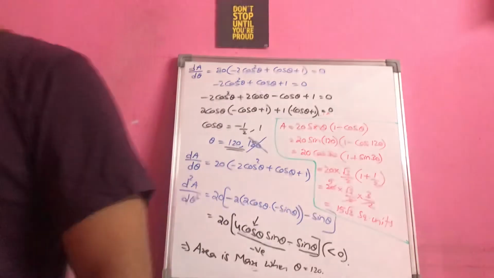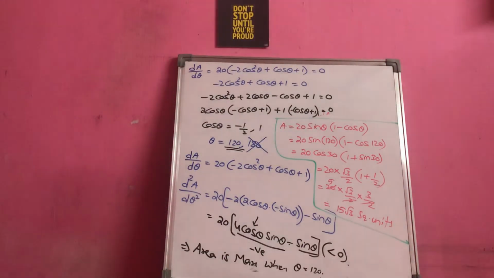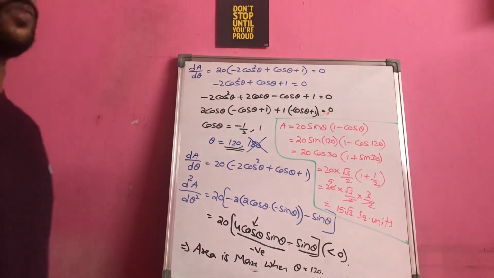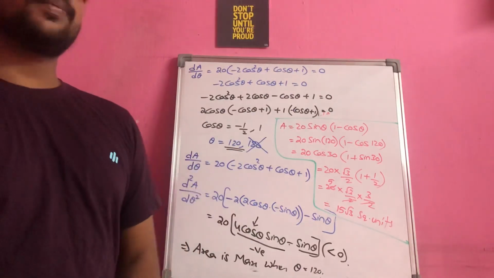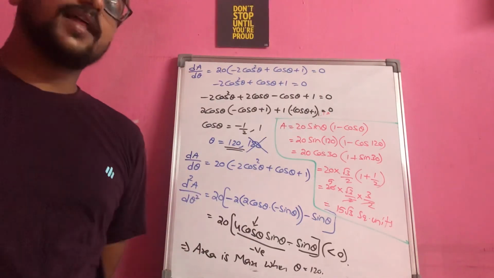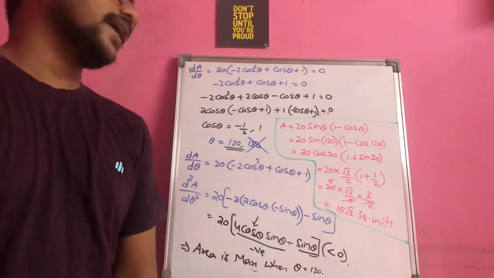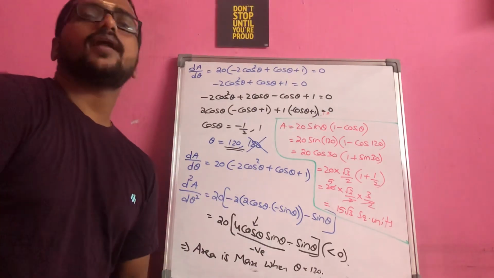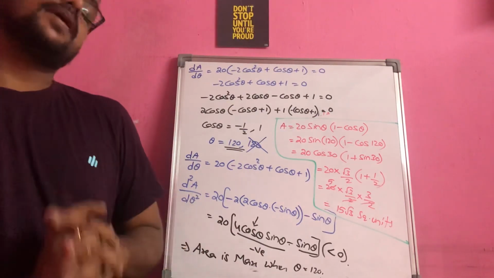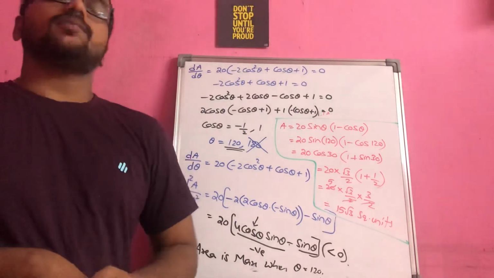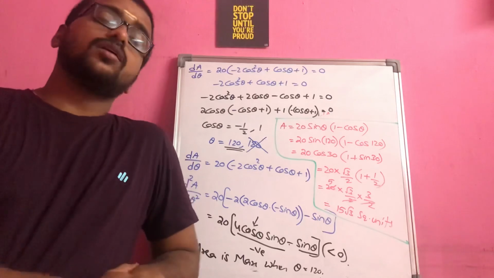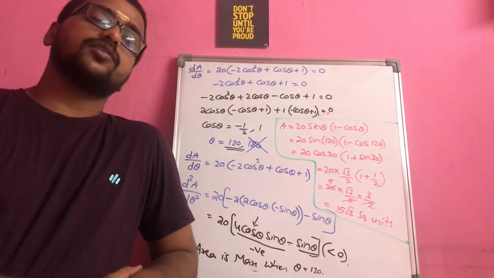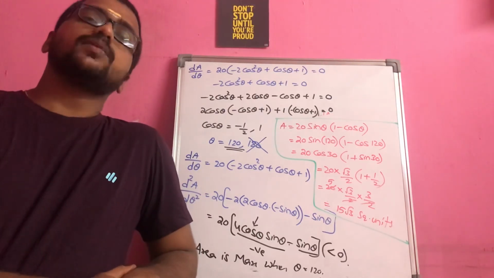So you just observe here, in this entire process, the only concentration we did is on finding the value of the area of a triangle, and then we applied differentiation, and then we should be very conscious in eliminating a particular value of theta. Please don't be of the opinion that we always have to eliminate the negative values, especially when a trigonometric function is involved. Please think from the angle point of view, which angle has to be eliminated.